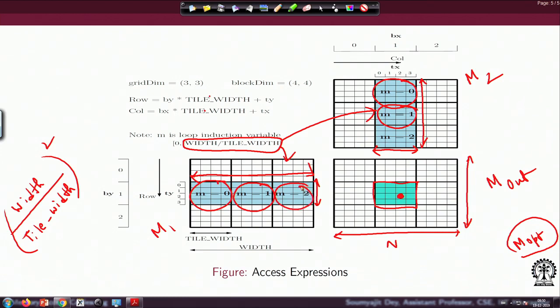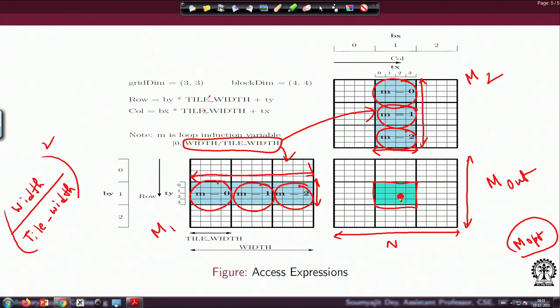Then I load the next tile from here and the next tile from here, and again do some computation using them, and finally all these threads inside this block are ready with the output. So I am loading in tile sizes and doing some computation using the data, then again loading in tile sizes, doing some computation, and that's how I am going on.